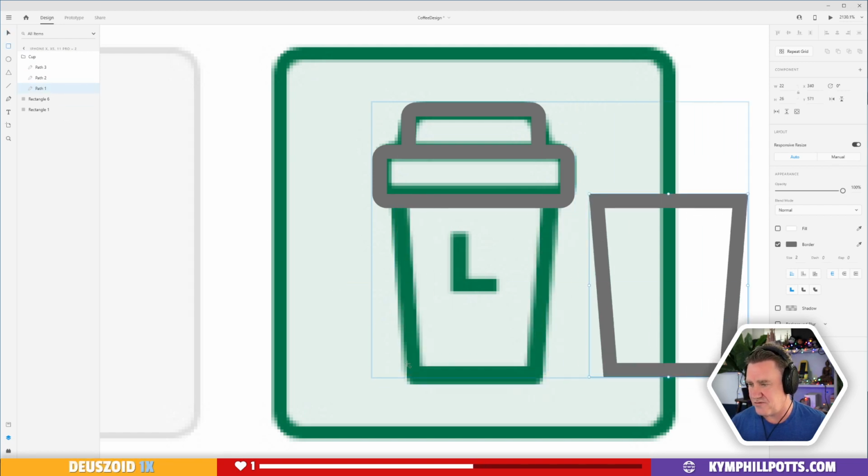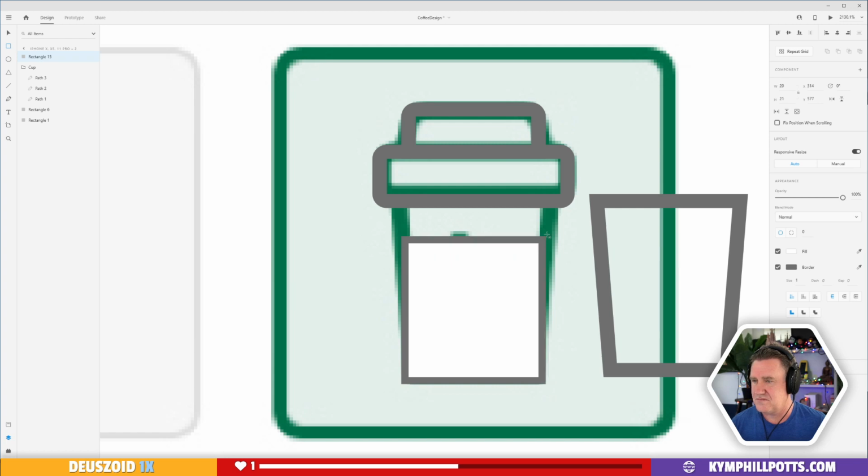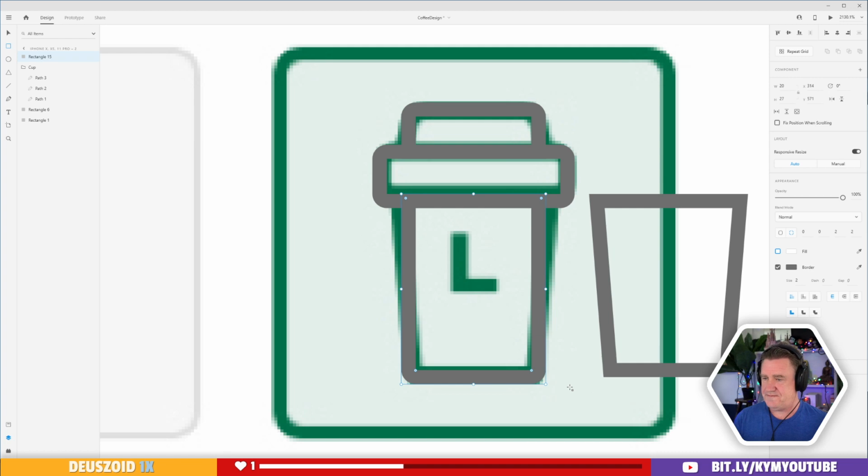I'm doing myself another rectangle here, with no fill and a width of 2. But what I'm going to do is give it a corner now. So basically say, let's give it a corner in the bottom left and the bottom right.